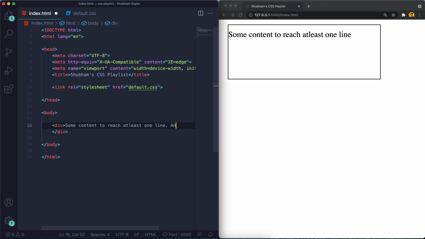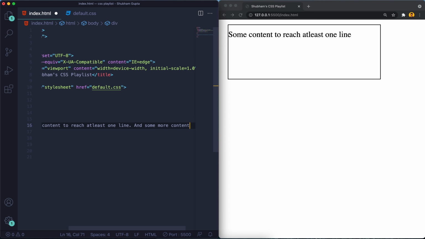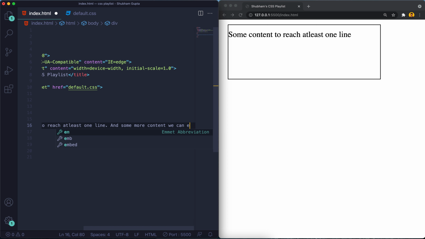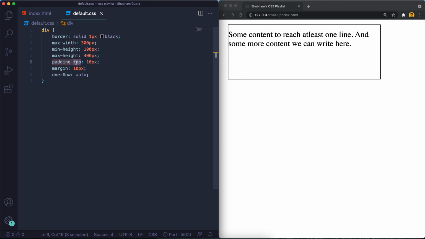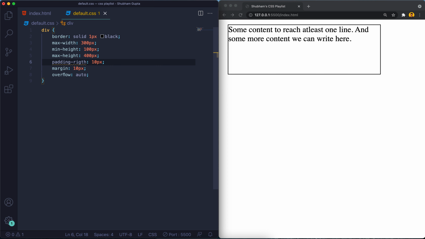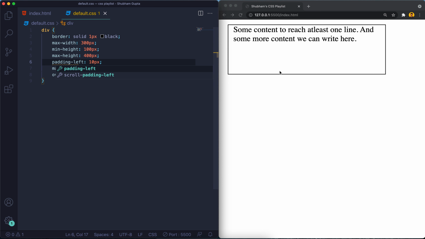Still not, so let me write some more content here. Okay, now we can give the padding right, so there is 10 pixel of padding here. We can have it on the bottom, like this way. You can have the left as well. Now this is the padding from the left only.